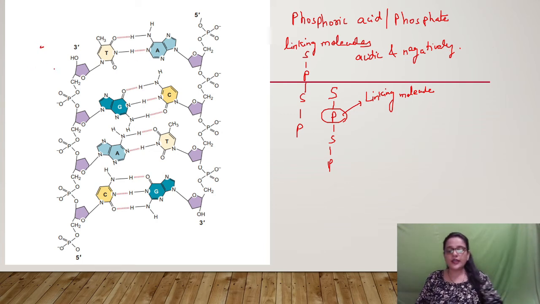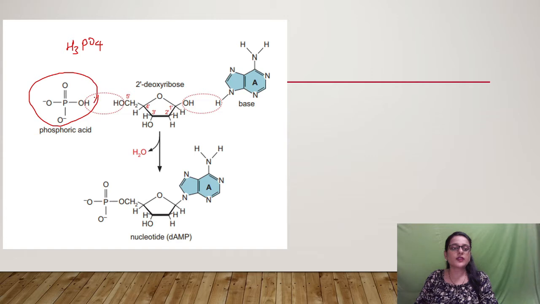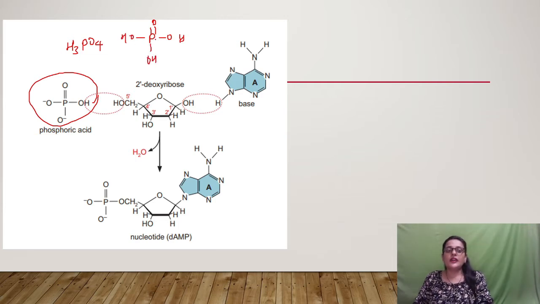See, phosphoric acid, the basic structure is H3PO4, as you can see over here. If we draw the structure, we will have this type of chemical structure. The valency of phosphorus is, as you all know, 5. So over here all the valency is satisfied, and in this structure we have 3 ionizable hydrogen atoms.